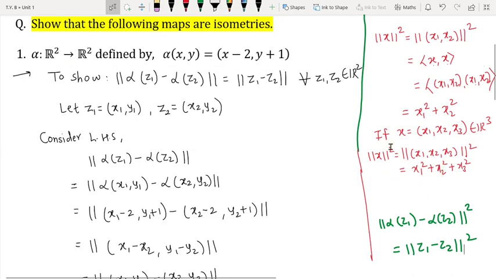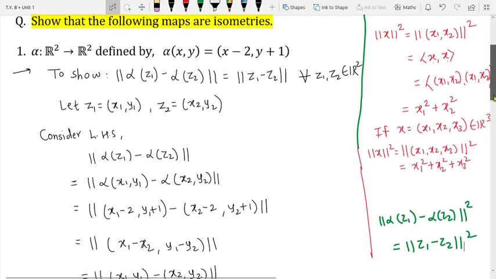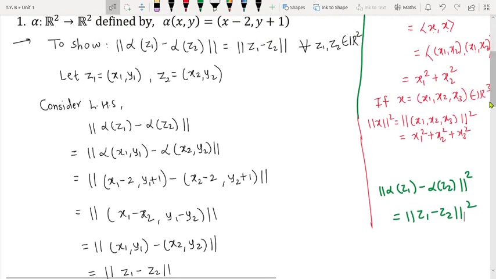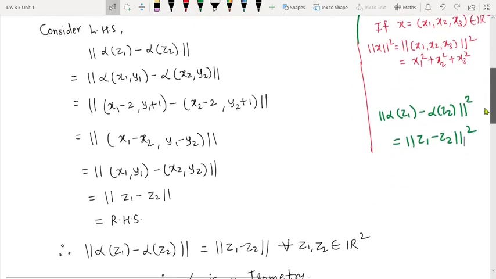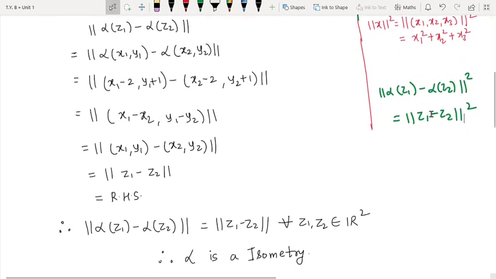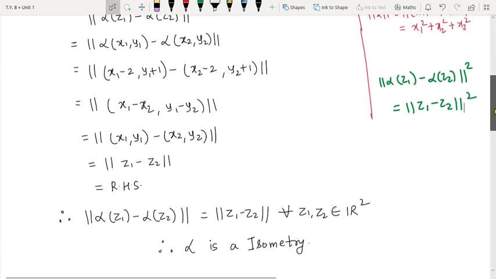Okay, so you know that the norm square of a certain element, if your point is x1, x2, x3, then norm square is directly nothing but what? Simply see the coordinates x1, x2 and x3, directly take the square of them and simply add them. So x1 square plus x2 square plus x3 square, right? Due to this fact, we go for this: we prove the square first of all, and then we take positive square roots on both sides and we get our required answer.